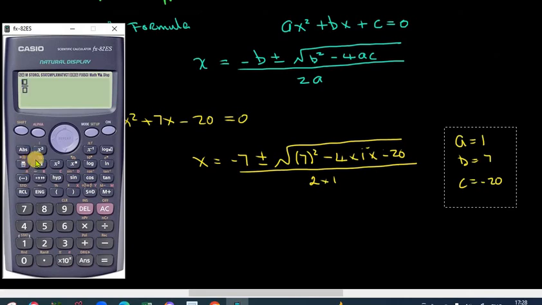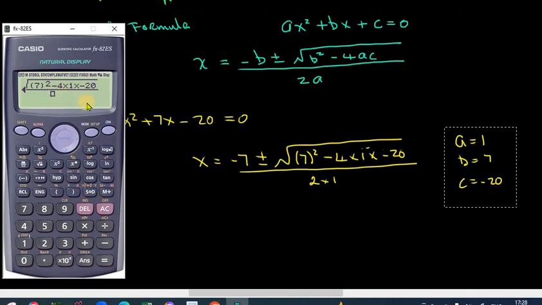Okay, so hit the fraction button first. Then b is equal to 7, so minus b is equal to minus 7, plus, now it has to be plus or minus, so there's 2 equations you're going to have to do, but you can't do a plus and a minus at the same time, so we'll do a plus first, plus the square root of b squared, which is 7, to be squared, minus 4 times a, which is 1, times minus 20, and it's all over,